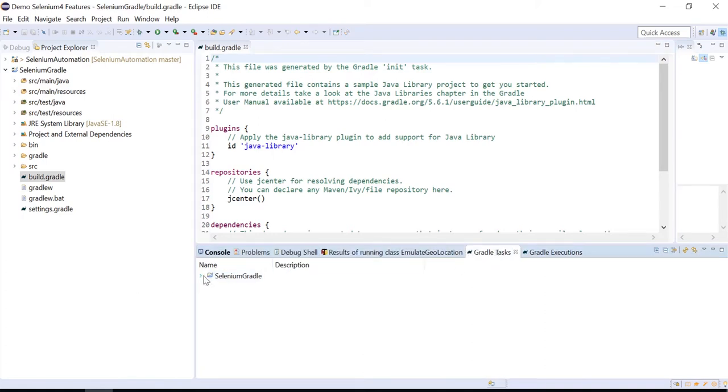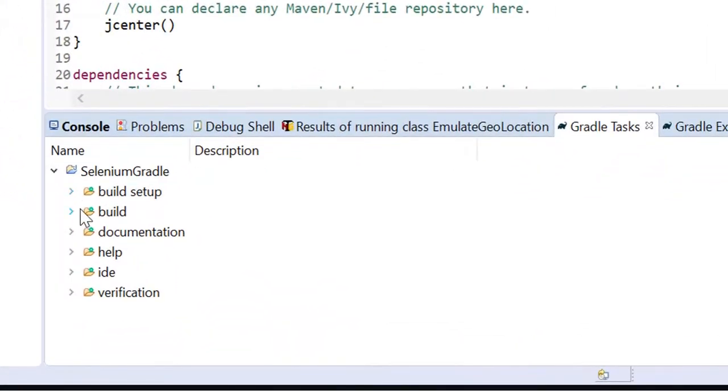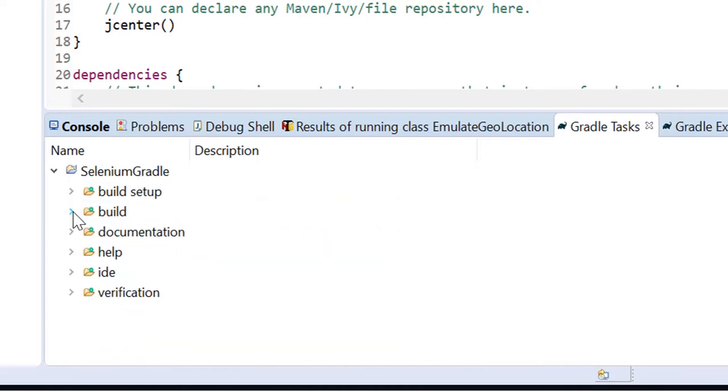Let me click on build.gradle, and before clicking here, if I go to Gradle Tasks and expand here, you can see some information. We can see the build tasks. Let me minimize that. If you go to verification, in verification we can see the test task. This task is used for unit testing purposes. Here I am going to use it for automation purposes. I'll execute my test cases using this task.